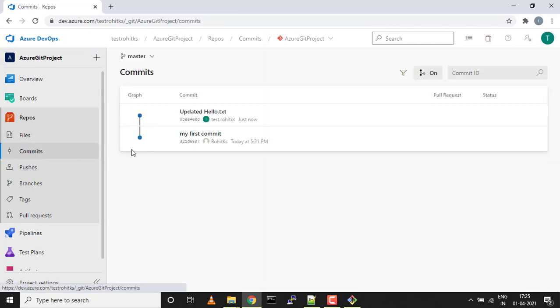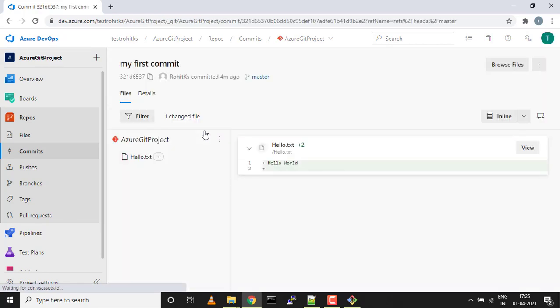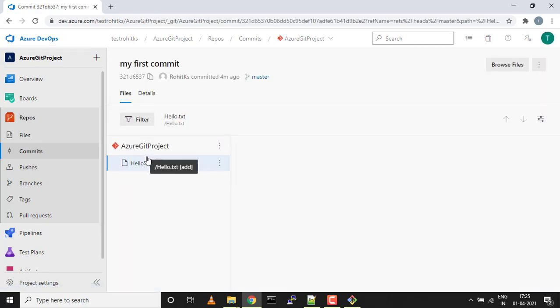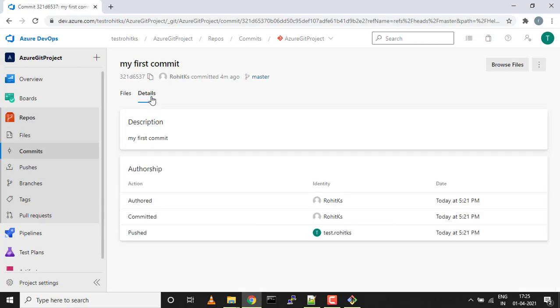In the commit section, again you'll see similar information wherein who has committed and when exactly it was committed. If you go inside it, you again have more information: what exactly was committed, which file was committed, and that information can be visible over here. In details you'll get complete details, what was the message. So we remember we typed "my first commit", so this is what it is reflecting, with the author name, who is the author, who has committed, who has pushed the change. So all that information would be visible over here.